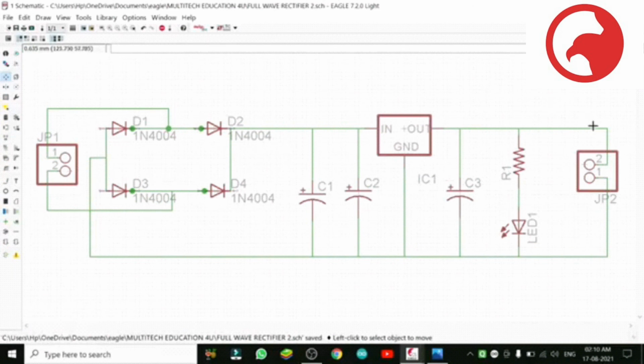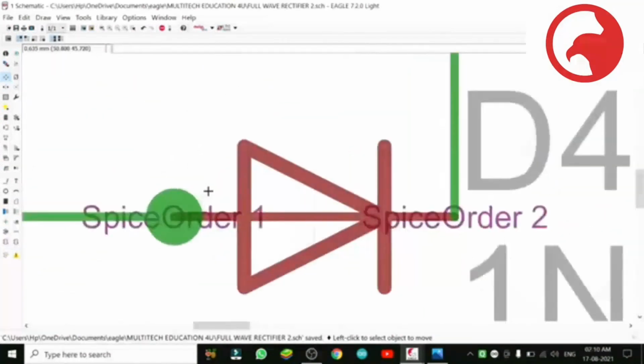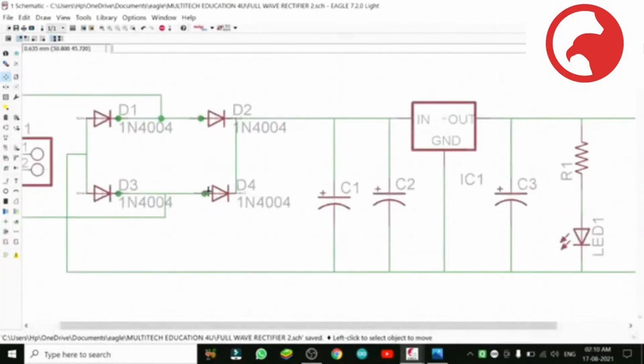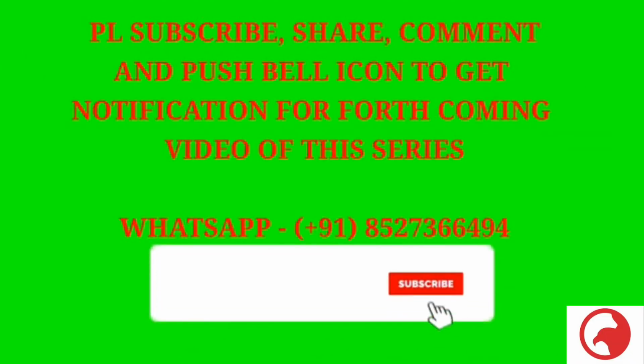Now we can change the name, like it is written JP1, we can write something else. So you will find a plus point inside every component, and that is a very useful thing, and we will proceed with that in our next part. Start from here itself. Bye, gentlemen.